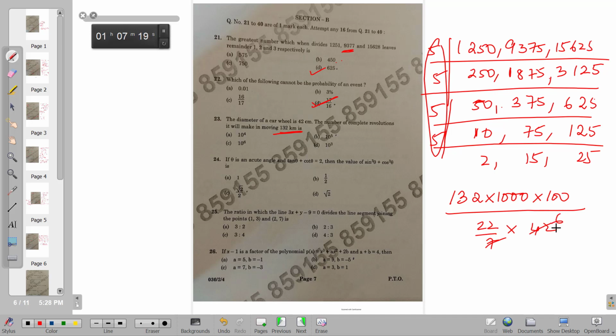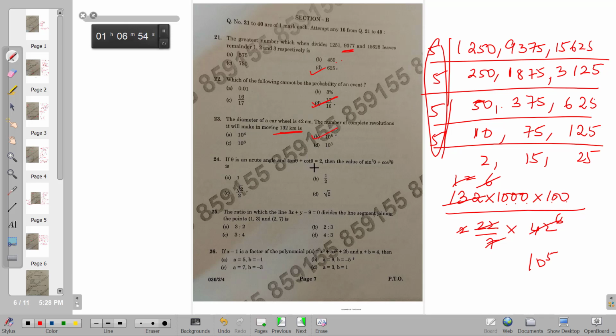So this is 6. I'm having over here, this will be 11 times 2. This is 11 times 12. So I'm getting 6 over here. This 6 and 6 cancels. So I'm left with 1, 2, 3, 4, 5. 10 to the power 5. Answers are very close together, so be careful with your calculations. I'm getting 10 to the power 5 here.